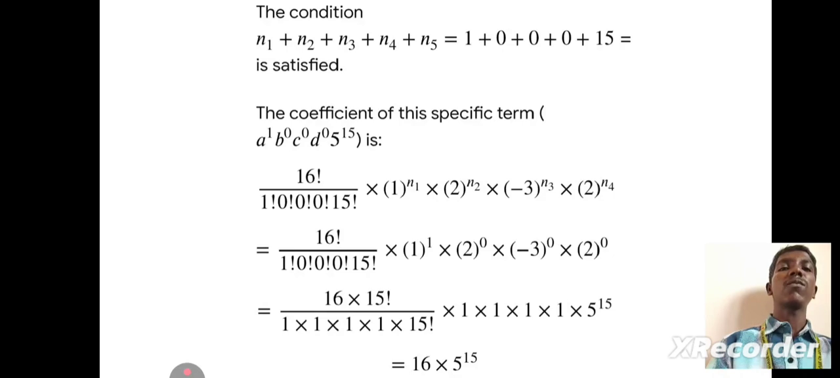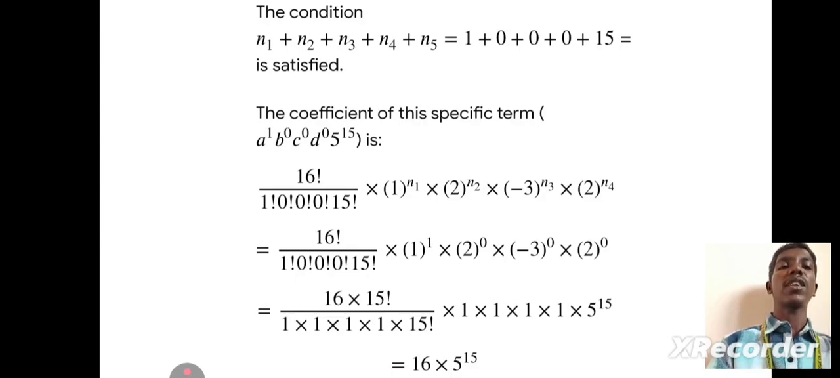The coefficient of this specific term, a power 1, b power 0, c power 0, d power 0, 5 power 15, is 16 factorial by 1 factorial into 0 factorial into 0 factorial into 0 factorial into 15 factorial into 1 power n1 into 2 power n2 into minus 3 power n3 into 2 power n4, which equals 16 factorial by 1 factorial into 0 factorial into 0 factorial into 0 factorial into 15 factorial into 1 power 1 into 2 power